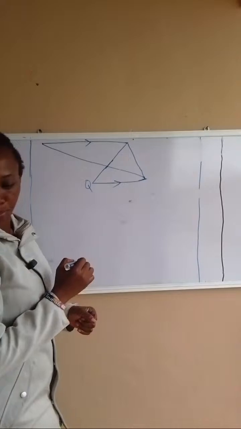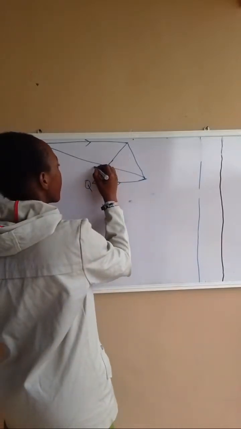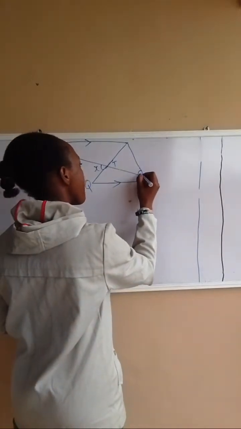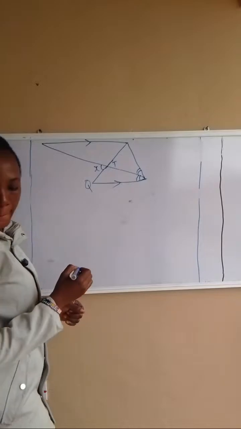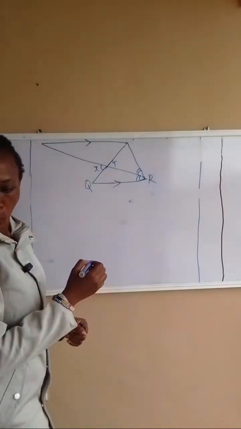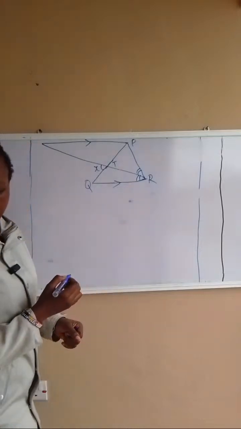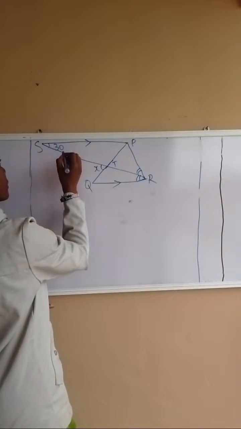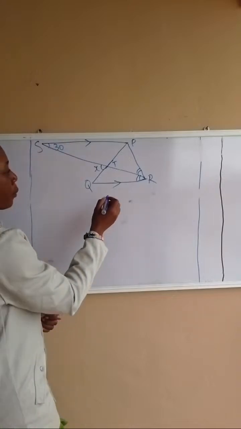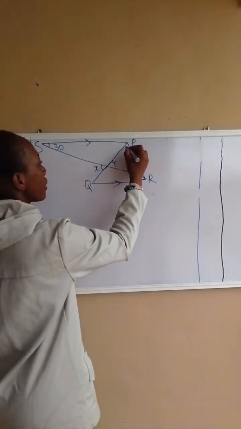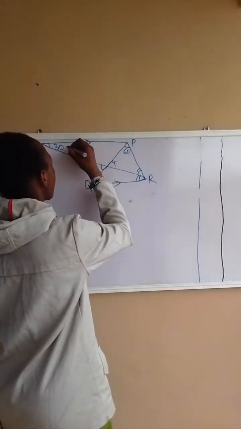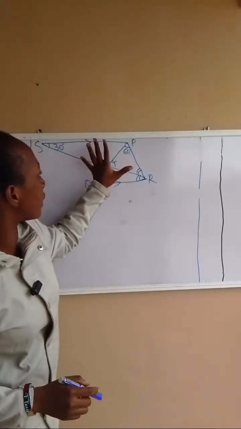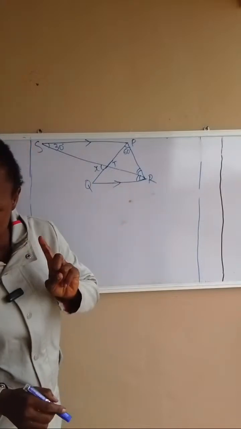This is Q. This is X. This is T. This is R. This is P. This is S. 30 degrees. Okay, so this is the question. This is 60 degrees. So this is the question we are to solve, this shape, and we're asked to look for the value of